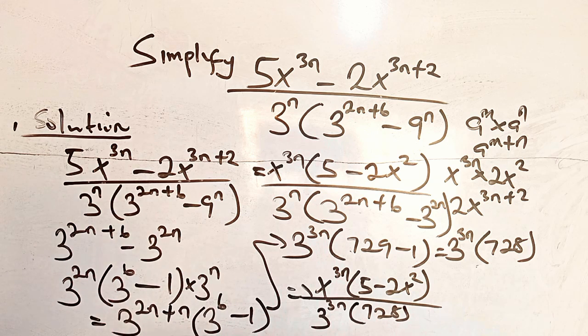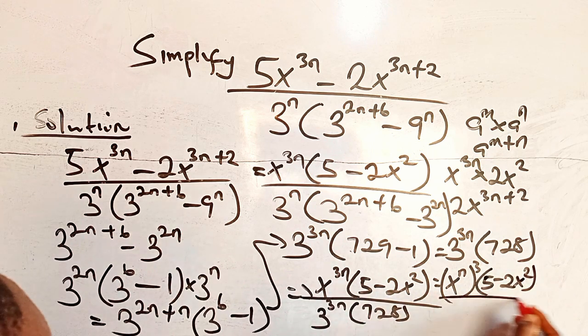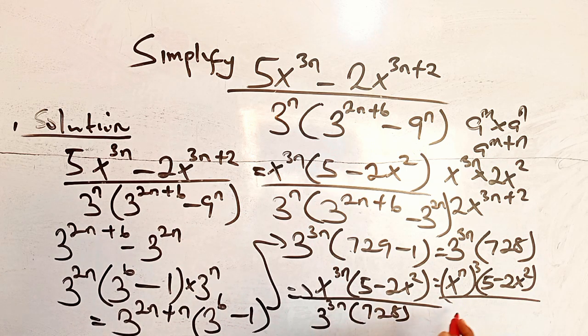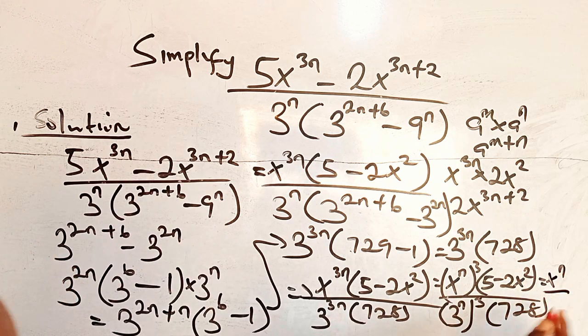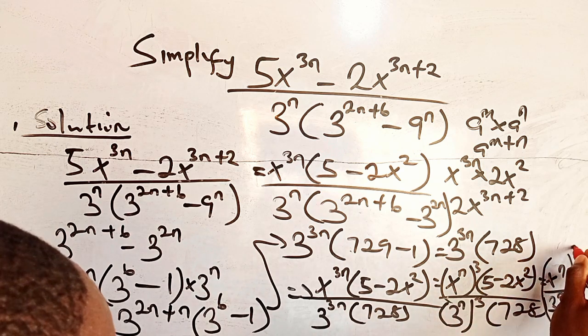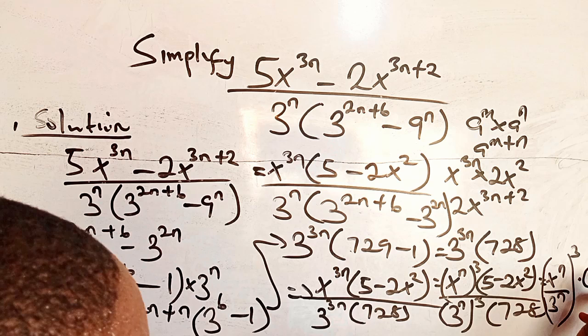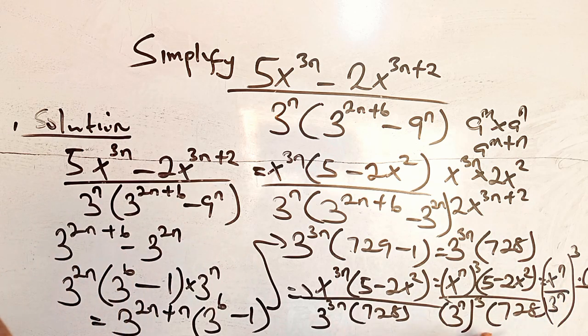From here, x raised to power 3n can be written as x raised to power n, all raised to power 3, times 5 minus 2x squared in the bracket, over 3 raised to power 3n, which we write as 3 raised to power n, all raised to power 3, times 728. Since they have the same exponent, we have x raised to power n over 3 raised to power n, times the numerator 5 minus 2x squared, over the denominator